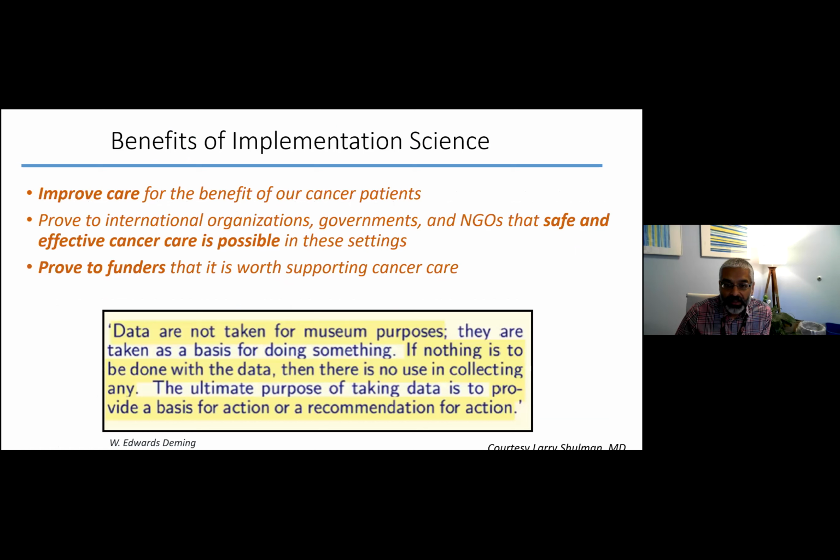So I think the other part that we really tried to convey to our colleagues in Vietnam is this is important, of course, because we want to improve care for the patients there. But it's also really important for them to help in developing scientific method to be able to understand what the baseline incidence is, what the outcomes are for patients, how to improve upon that, and that we can provide these treatments safely. Because I think most people in Vietnam still probably believe that pediatric cancer is a life-ending disease. And so it's important to be able to show with time that in country they are able to improve the outcomes,